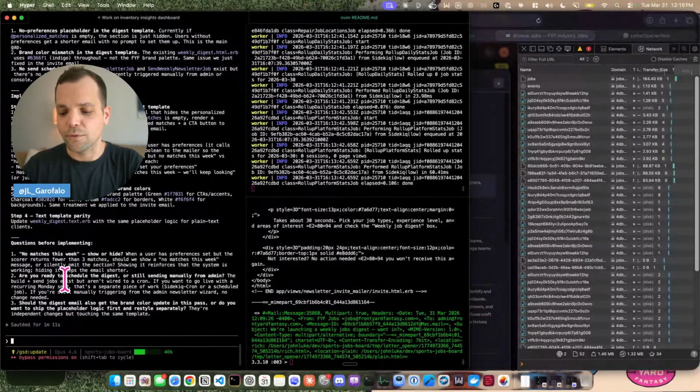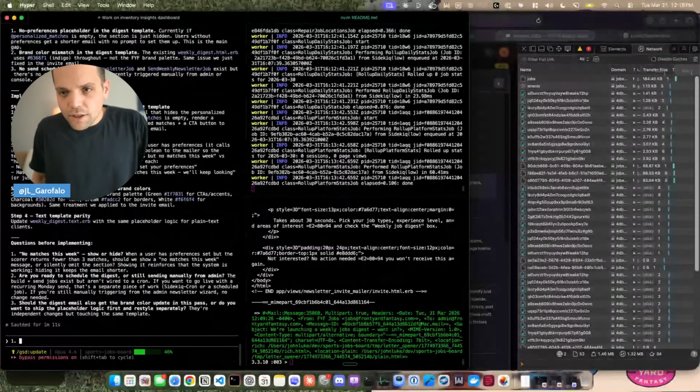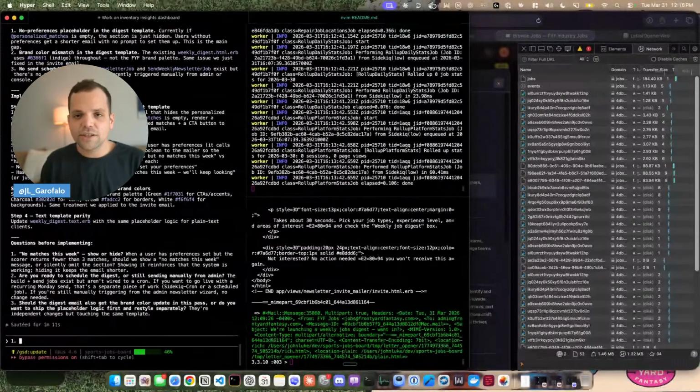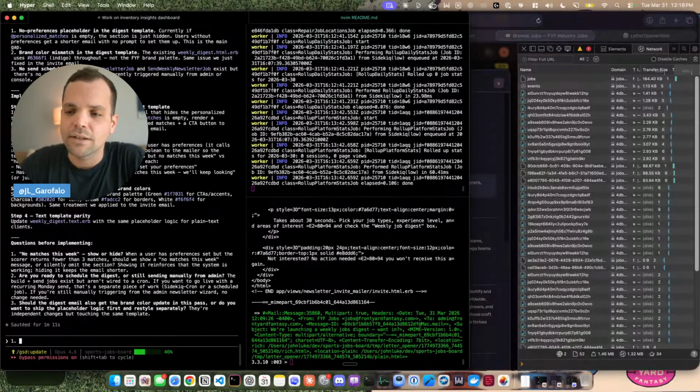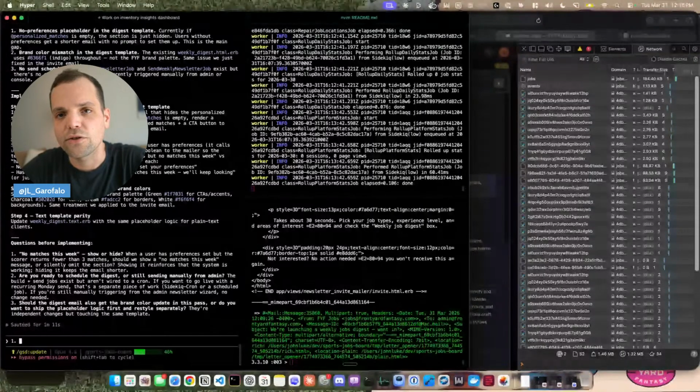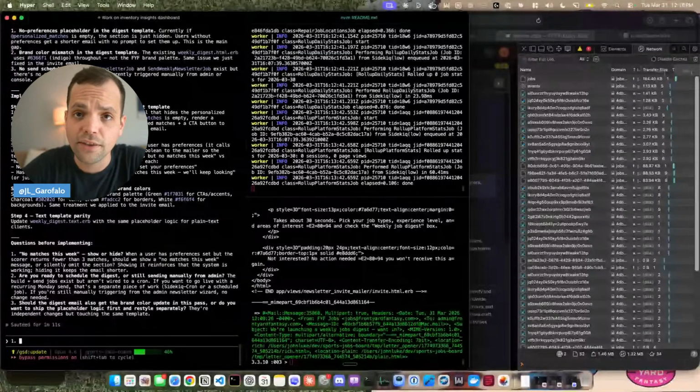Okay, so for one, what do we want? Do we want it to show no matches? I mean, no matches kind of sucks to get, but I think it's better than the alternative, which is, let's say there's no section in there. The person's set their job preferences and then nothing shows up.